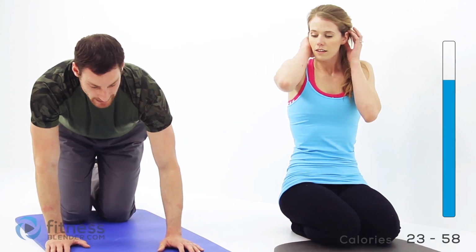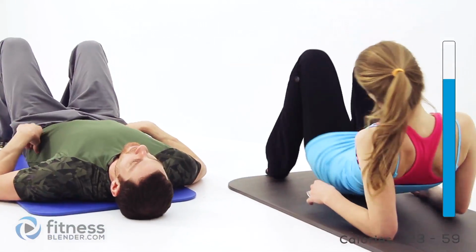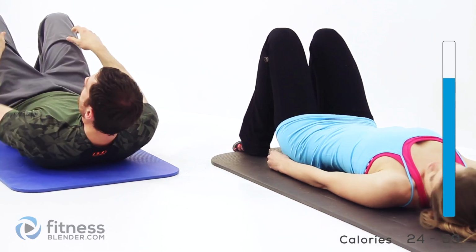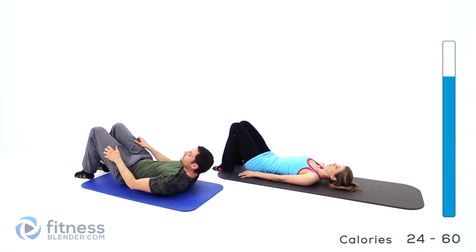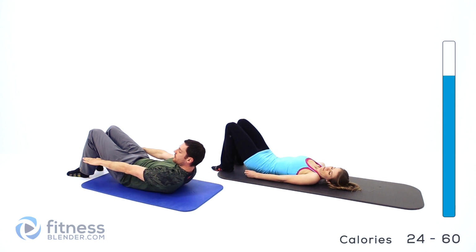Go ahead and lay back down onto your back. We're gonna do one more exercise, and then we're gonna do a couple stretches, and we'll be done. So our last exercise, just to really tire out those abdominal muscles a little bit more. So we're gonna do some hundreds. So with 100, the easiest version is keeping those feet on the ground, hands out by the middle of your